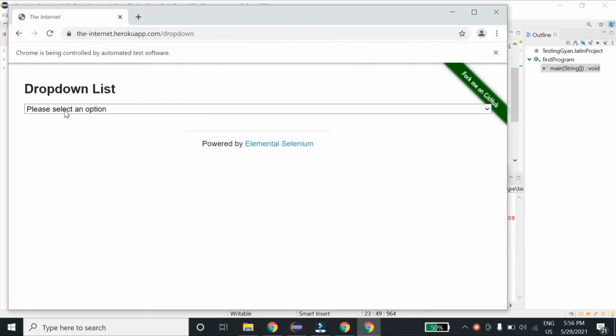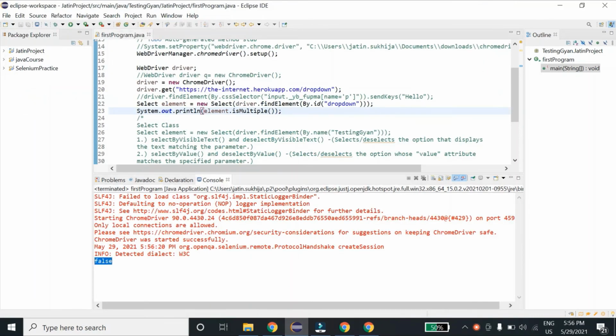So you can see, since our drop down doesn't accept multiple values at a single time, it printed false over here.